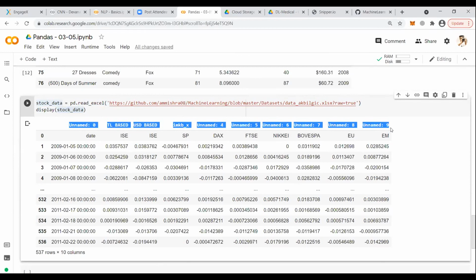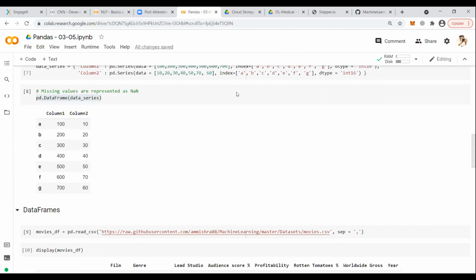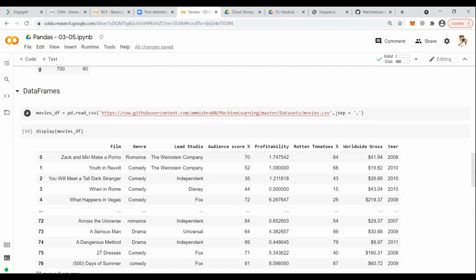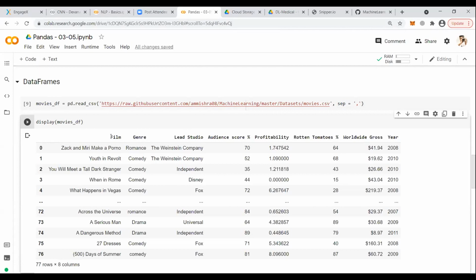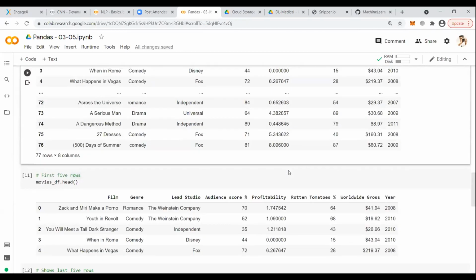Correct? Can you see it? That's not the column name. That's where the problem is. In the earlier case, when we read the data yesterday, we just provided one attribute and that was separated by comma. In an Excel file, we know that they are not separated by comma. And in this case, all your column names are available as they were earlier.